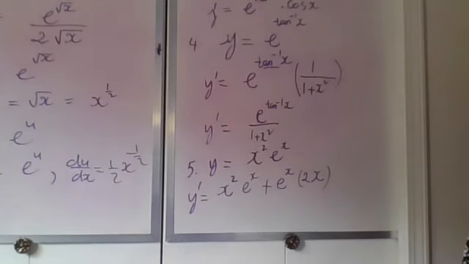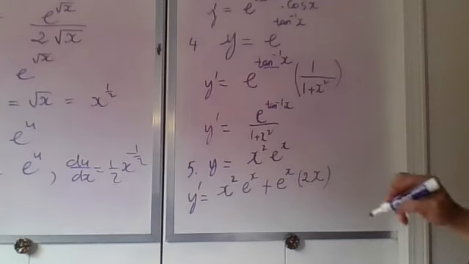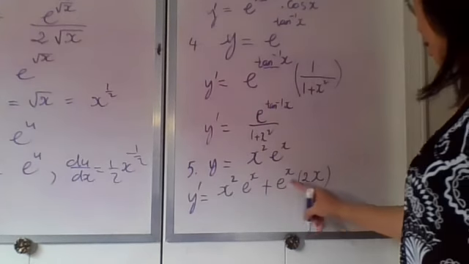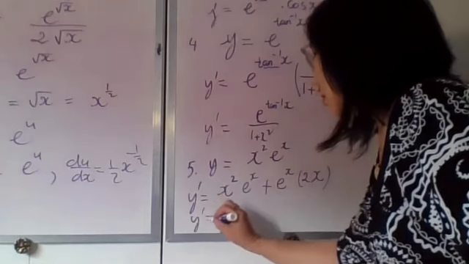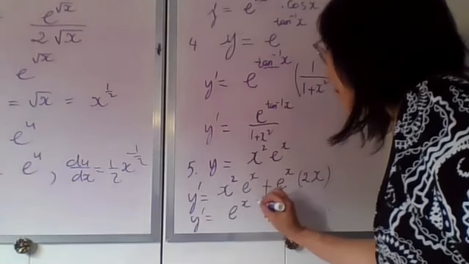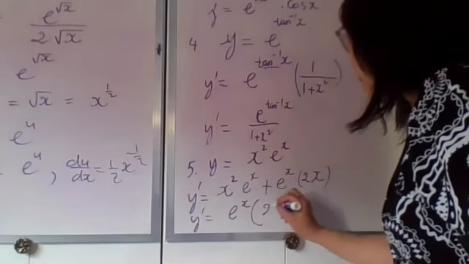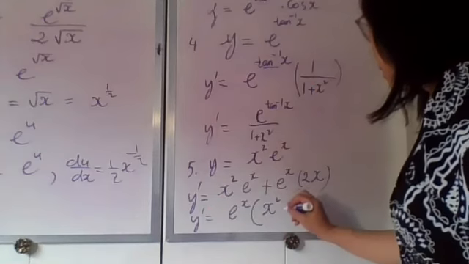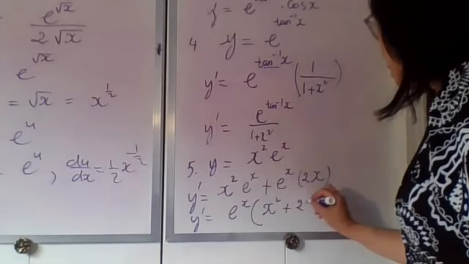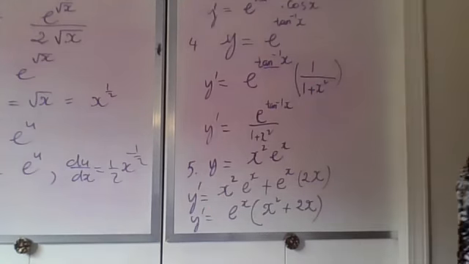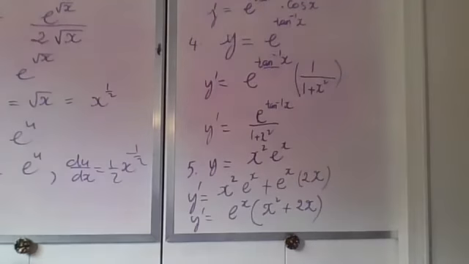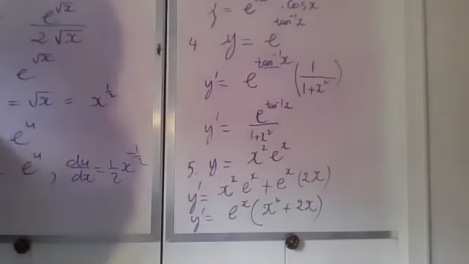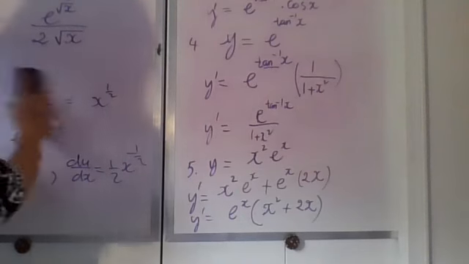And that's it. You're done. If you want to simplify a little bit, you can factor out the e to the x, right? So e to the x factored out, and inside you have x squared adding with 2x. That's all you have to do, okay? So that is how the derivative of the natural